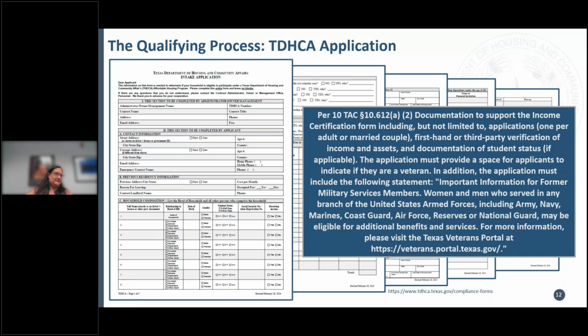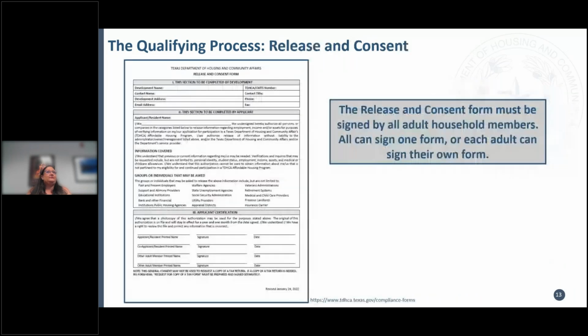The question is, on the release and consent, does the applicant and all the adults need to complete individual forms, or can they sign the same form? That is a good question, and I get that emailed to me quite a lot. For the release and consent, one form can be signed by all adult household members, or you can have each adult household member complete their own form. I would have a property policy in place so that somebody doesn't come back and say, well, you let them all sign one and you made each of us sign our own. I don't know necessarily why that would matter, but sometimes things matter and we don't have to understand them. We just have to know that they matter.